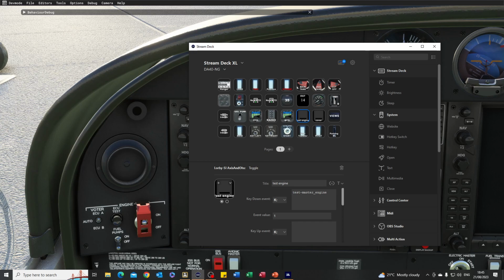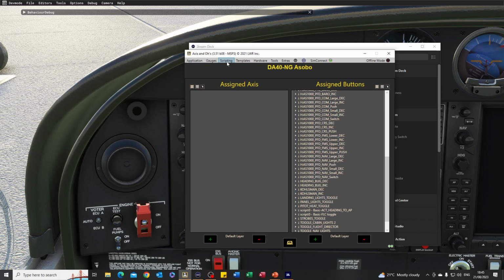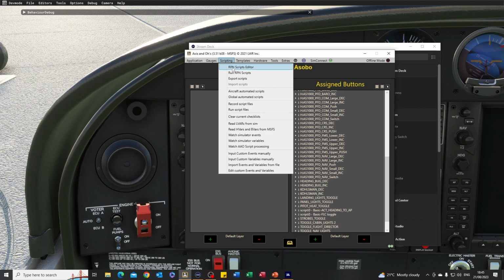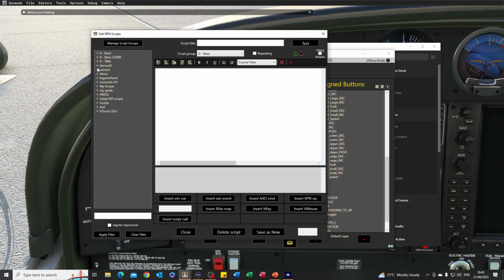And if I look at my scripts editor, it's in my test section, master engine, and this is what it does. Firstly, it opens the cover, it waits for a second, it toggles the situation of the engine master switch, waits for another second, and closes the cover. So it does it all in one key pressed,